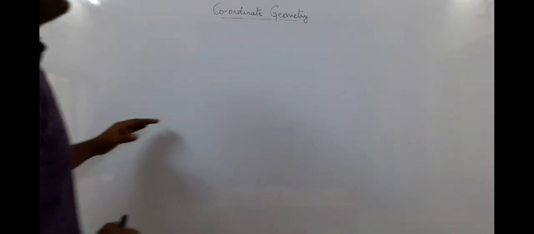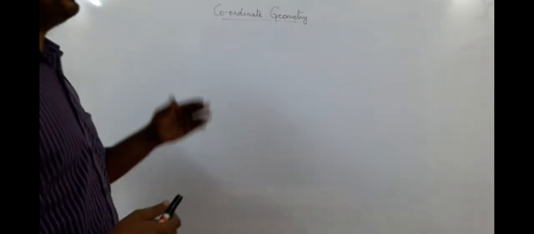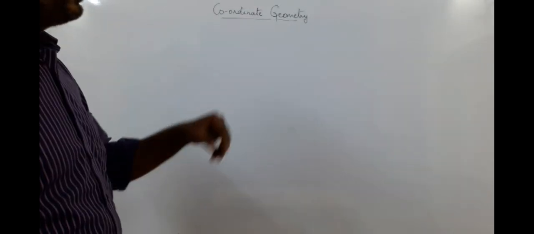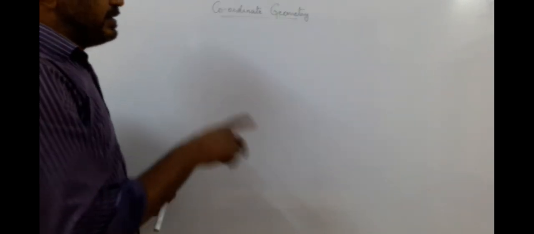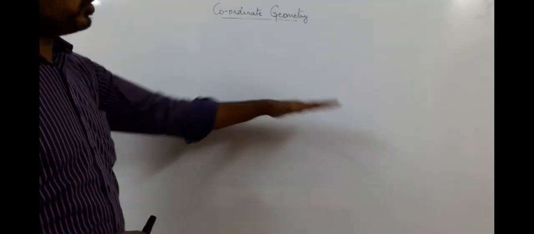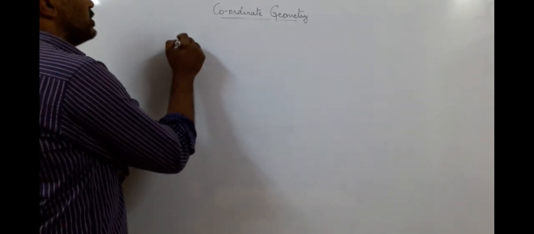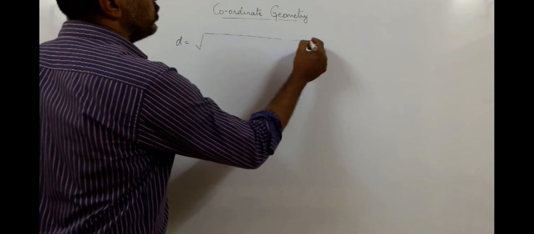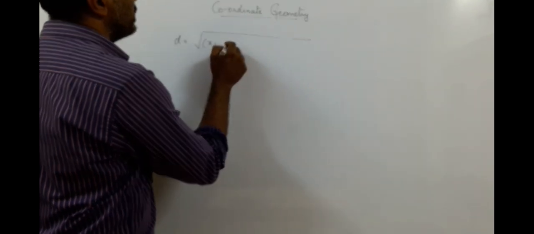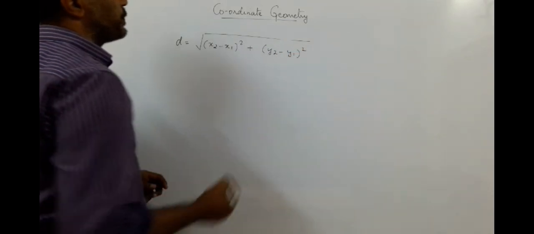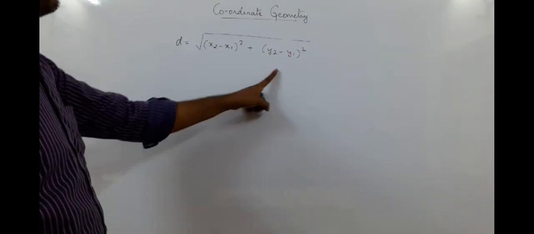Good morning friends. So today we'll continue with coordinate geometry. Yesterday I briefed you about the 9th standard a little bit and I told you why the need of two coordinates in the xy plane. One to show the x direction and another to show the y direction, and we also derived the formula: the distance is equal to the under root of x2 minus x1 the whole square plus y2 minus y1 the whole square.